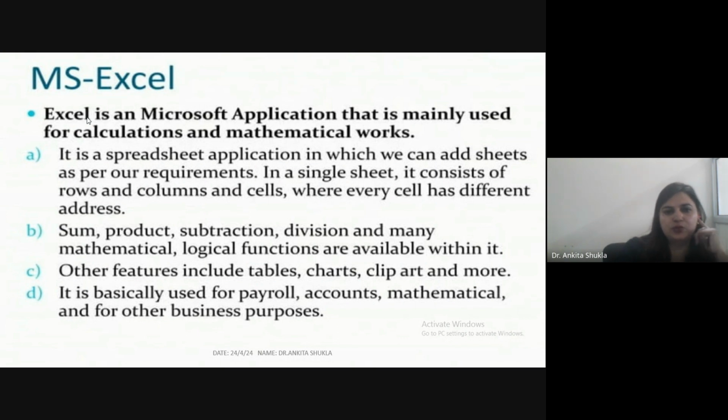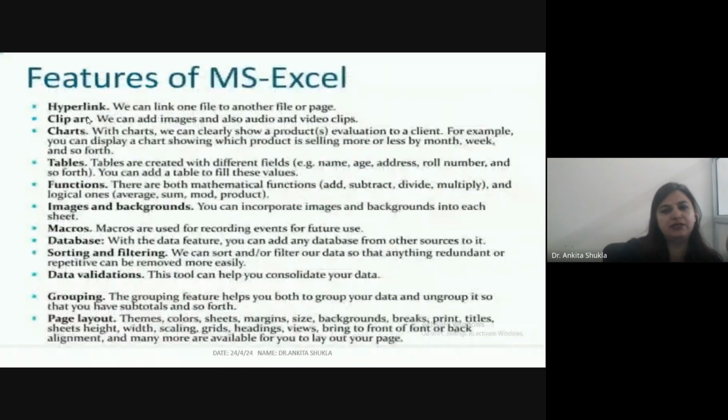MS Excel toolbars and icons: new creates a new blank file, open, save, print preview, scanning, cut, copy, paste, undo, insert hyperlink, auto sum, redo, paste function, sort function, and formula bar. The formula bar is the place in which you enter the formula. This shows cell A3 has B5. Alphabets A, B are shown as columns, and this is the name of the workbook. Workbook 1, or sheet 1, sheet 2, sheet 3 are known as worksheet tabs.